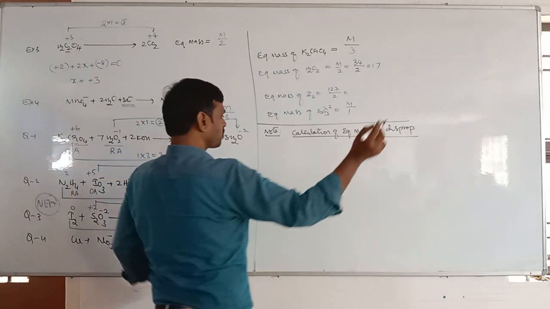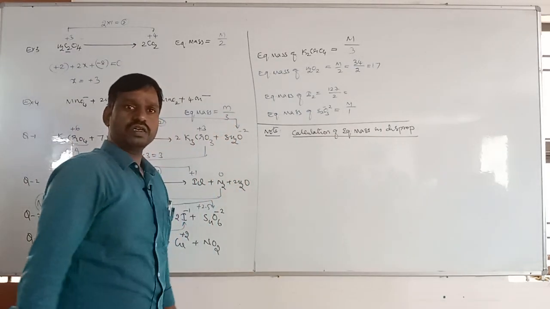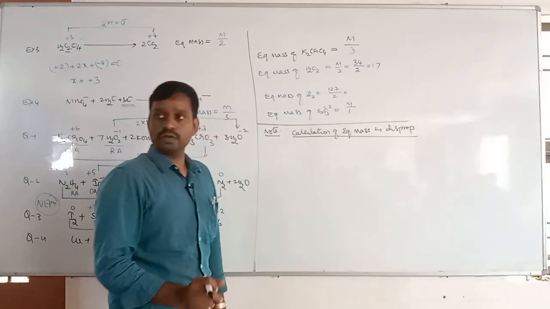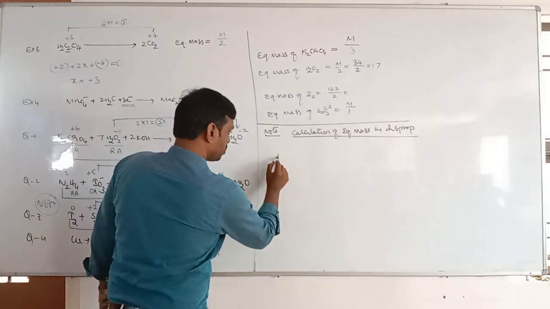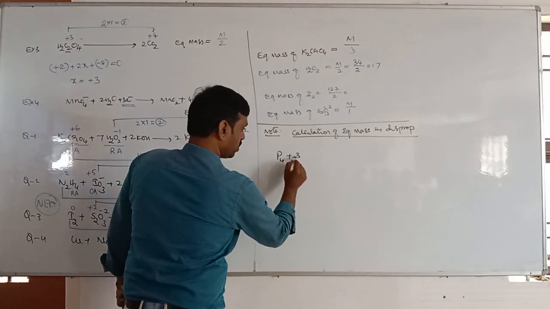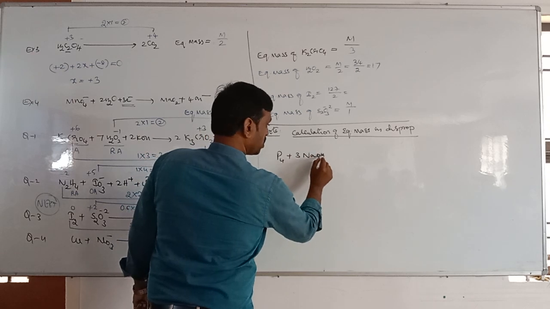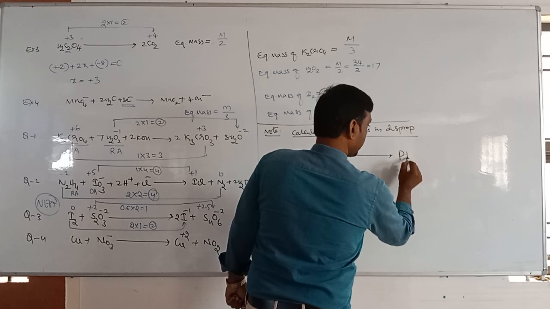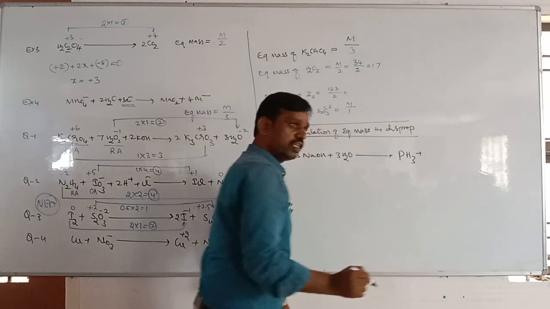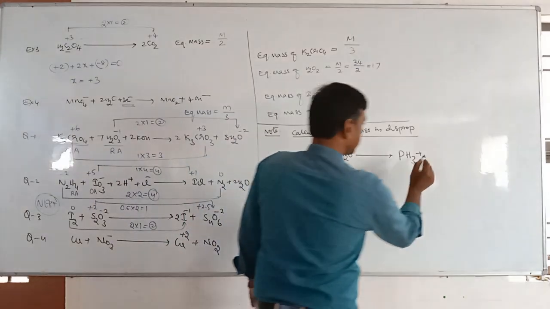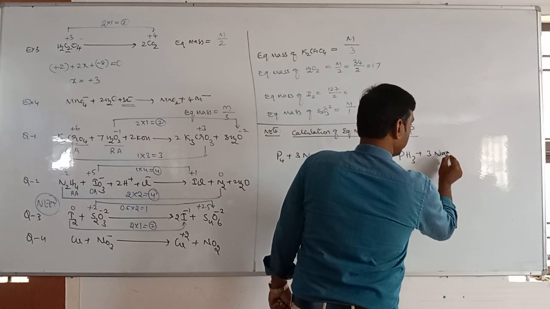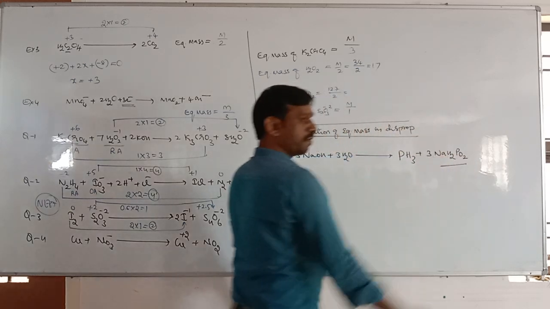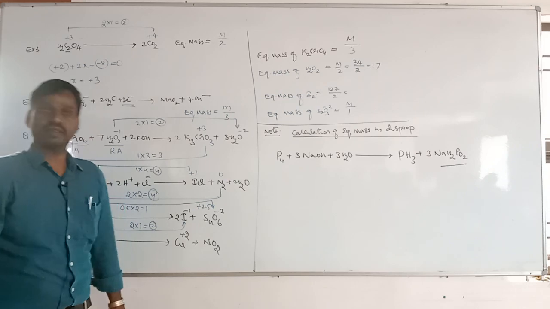Sum of the equivalent mass of oxidizing and reducing agent means what? Let's see an example. Can anybody tell me one example of a disproportionation reaction which is very important in p-block elements, 15th group elements? White phosphorus reacts with 3 moles of NaOH in the presence of 3 water molecules. It gives phosphine, a poisonous gas, plus 3 moles of NaH2PO2, sodium hypophosphite. Its name is also important, sodium hypophosphite.